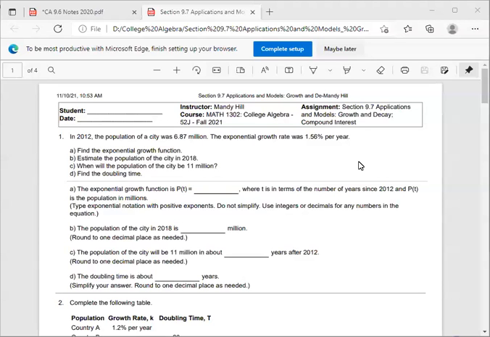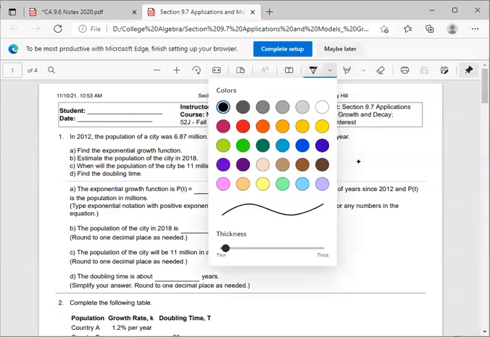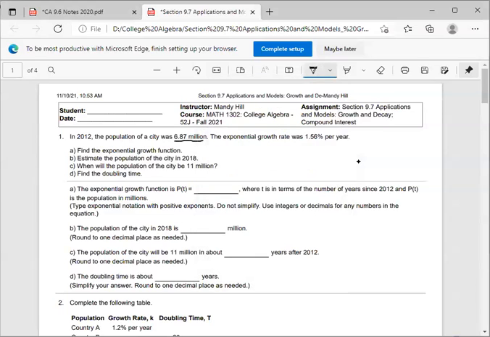So on the homework on 9.7, it says in 2012, the population of a city was 6.87 million. That's important. And it's also important that it was in 2012 is when this is happening. It says the exponential growth rate was 1.56% per year. There is a formula that you can use that says the population is equal to the population